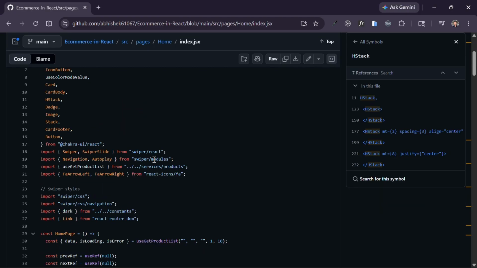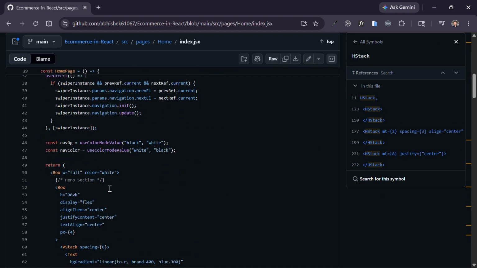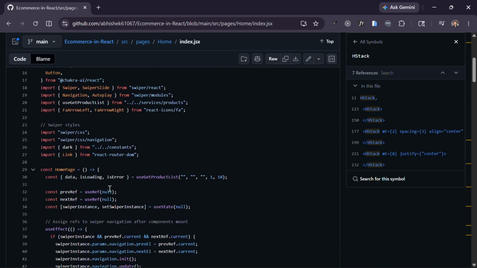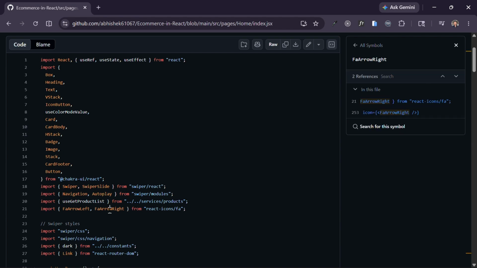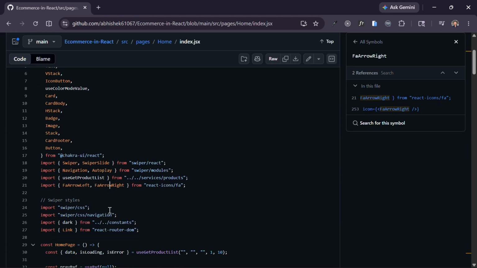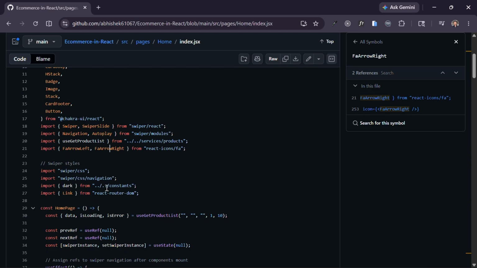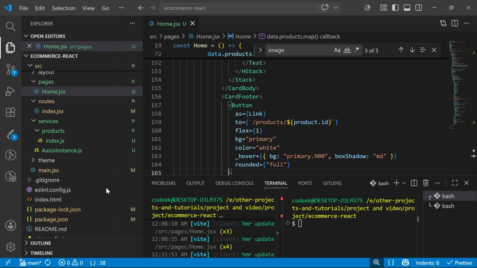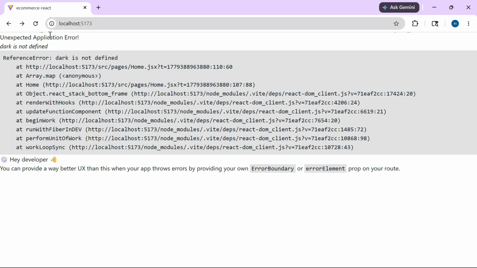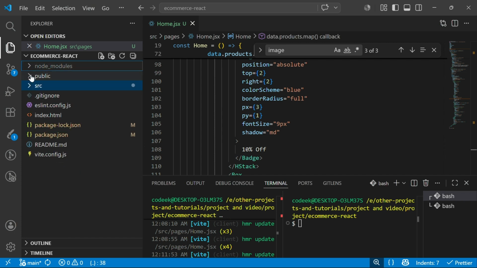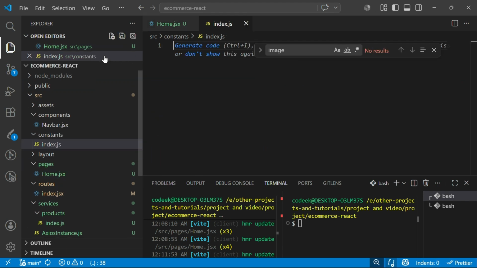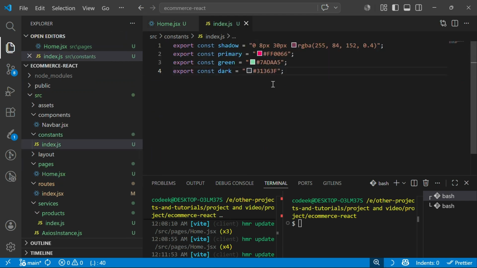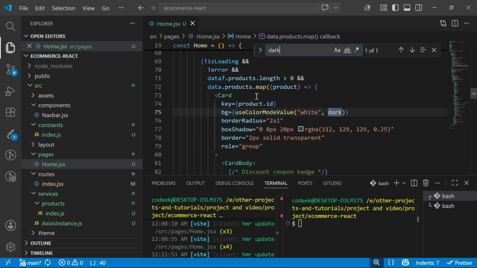And also, now we were looking for, I think, this was the dark. Okay, yeah. So this dark, we need to make a new file for this dark. So we'll create a new file in this src constants and index.js, and let's paste this. I'll be putting the description. And after that, let's import it